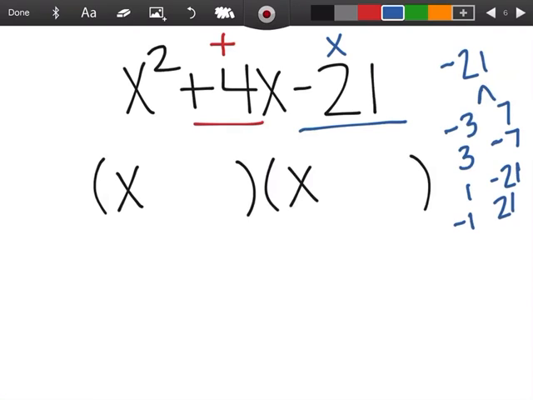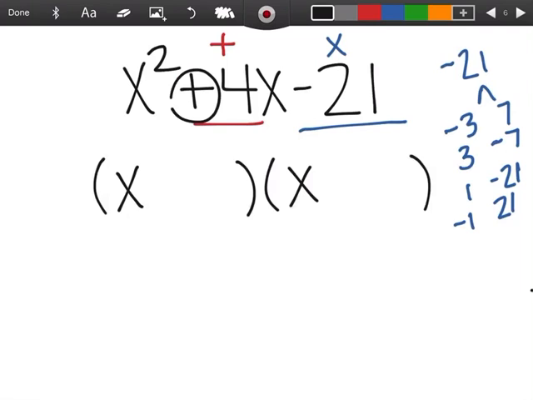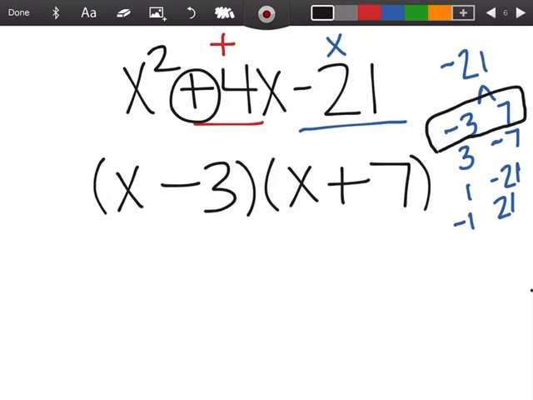So I'm looking very specifically for two numbers that not only multiply to be negative 21, but add up to be positive 4. And the only two numbers that multiply to be negative 21 that add up to be a positive 4 is negative 3 and positive 7. The 3 has to be negative and the 7 has to be positive, because if I'm going to multiply and